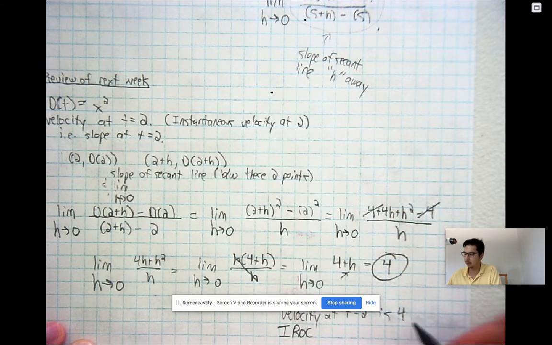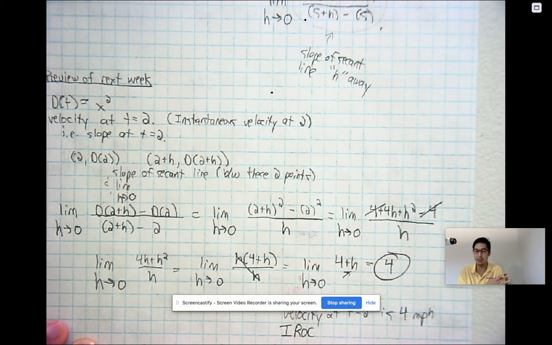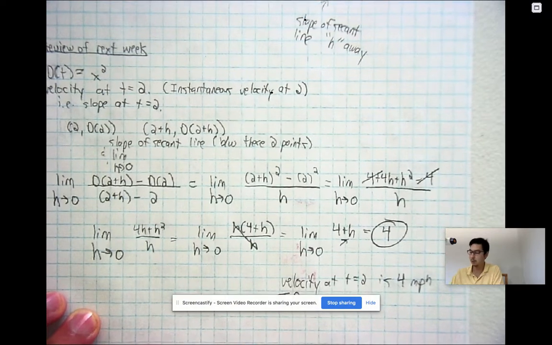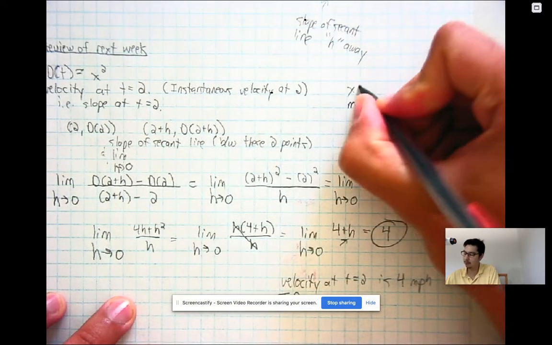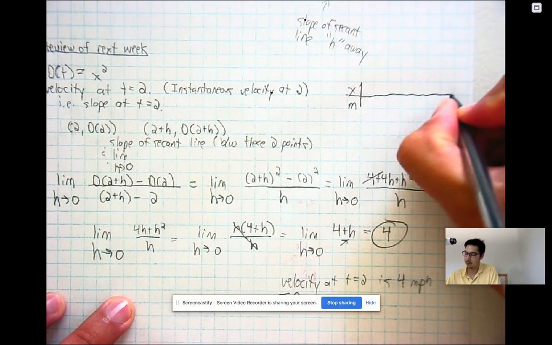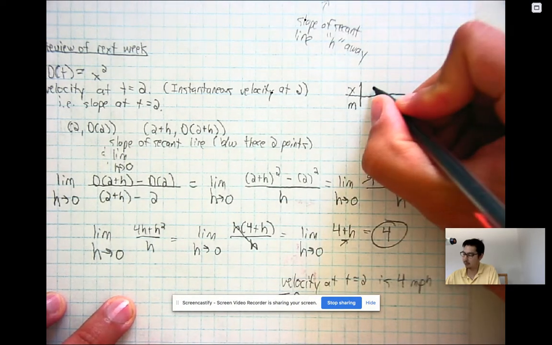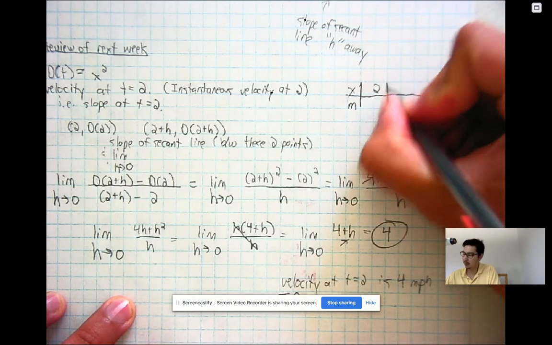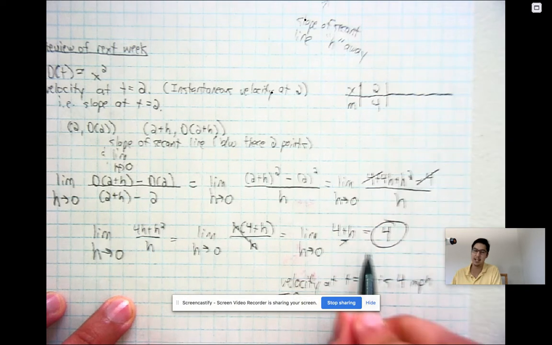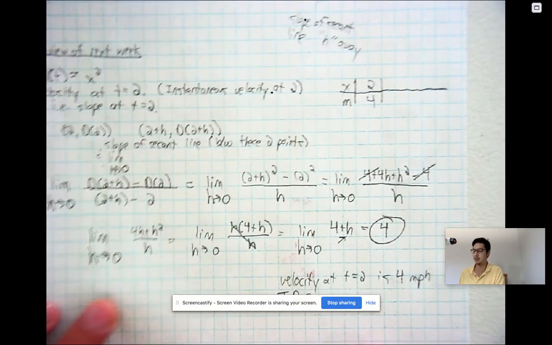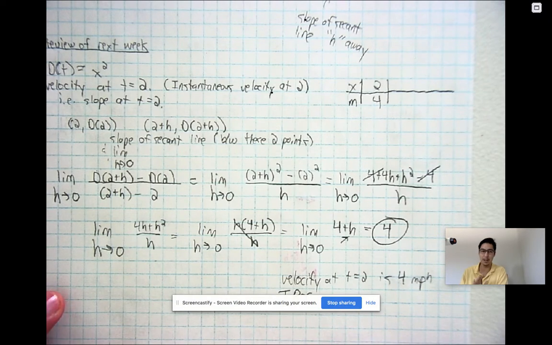And I know what this problem is, like miles per hour, for example. And if you look back at what we did yesterday, when we did the table, you'll see that when you explored it at 2, the slope was 4. And we just did that through its actual definition now. Awesome stuff. It might feel like a lot,